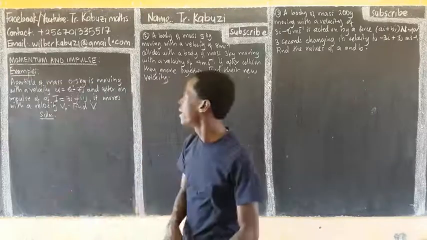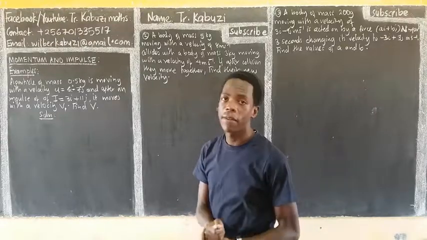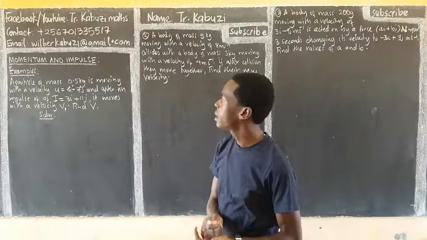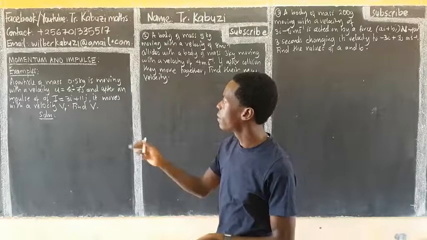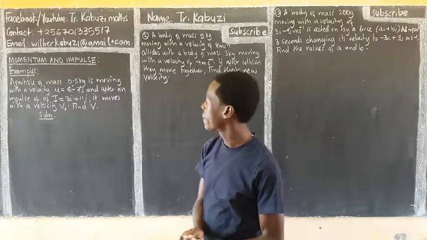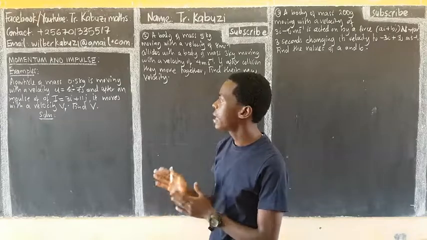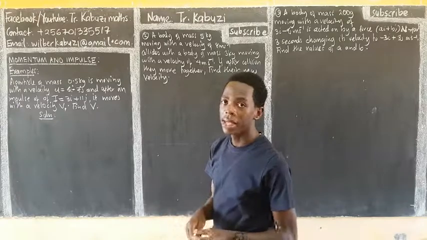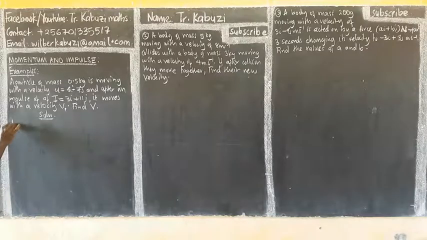Okay, let us see my examples. Here we have a particle of mass 0.5 kilograms moving with a velocity u, and after an impulse I, it moves with a velocity v. Find v. They are giving us the impulse, the mass, and some velocity. So we are going to use the idea that our impulse